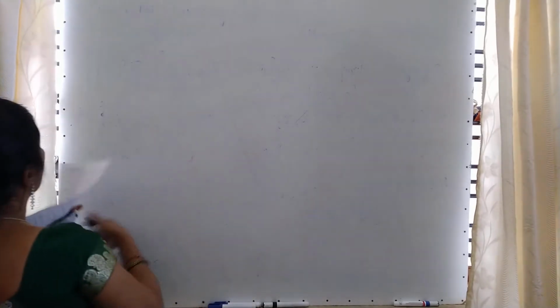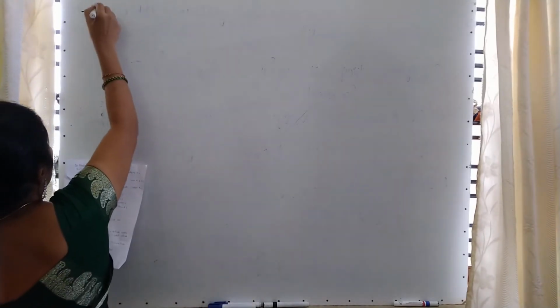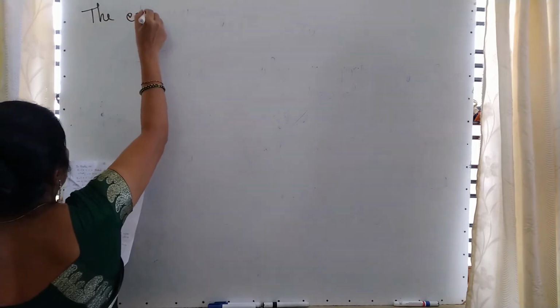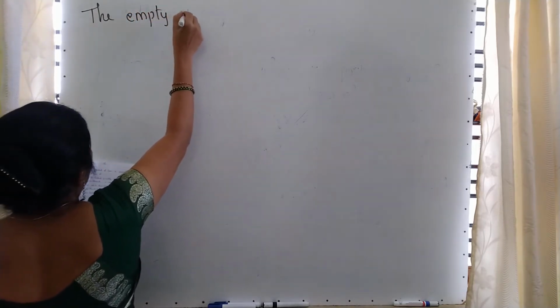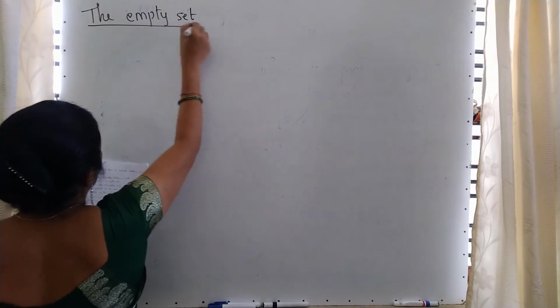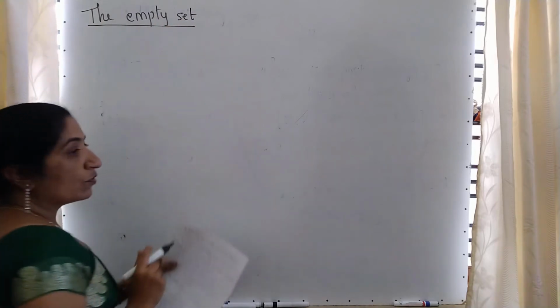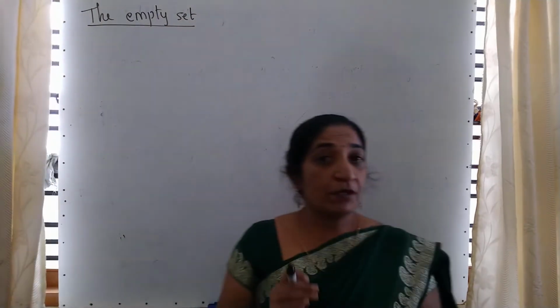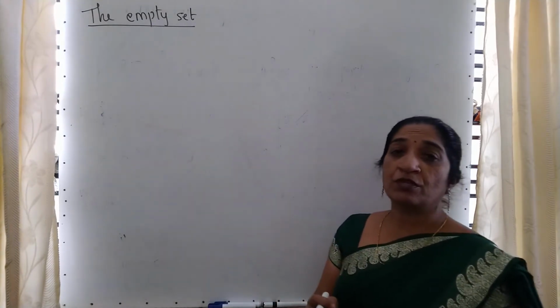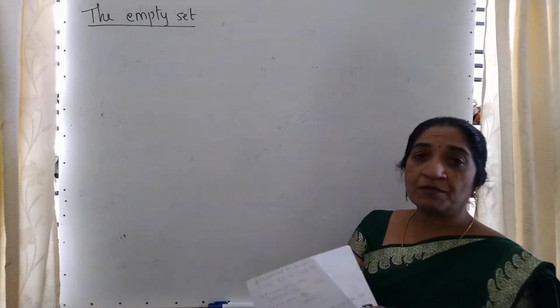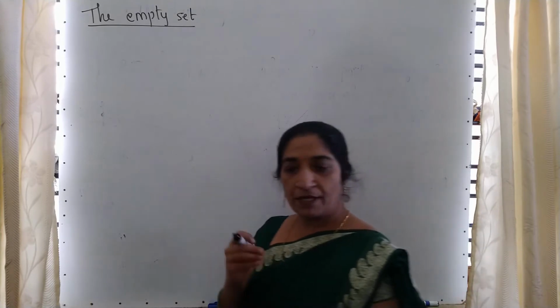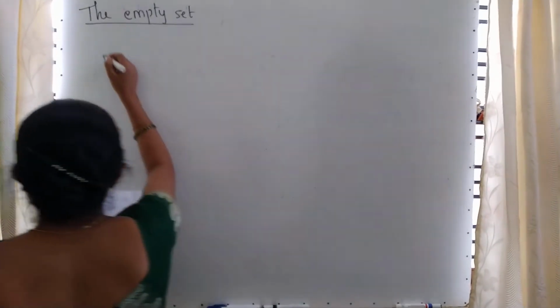Moving to the next concept, that is the empty set. Empty means khali for Kannada medium students. Set is Gana. So first I will explain the example. Don't take the tension, then I will give you the definition. So for Kannada medium students also I am explaining in very simple language. See here, one set is given for you.